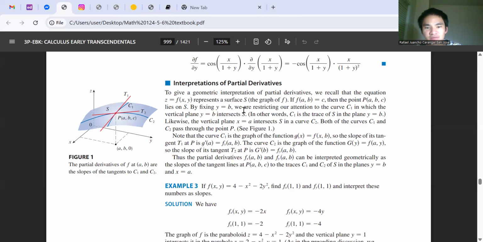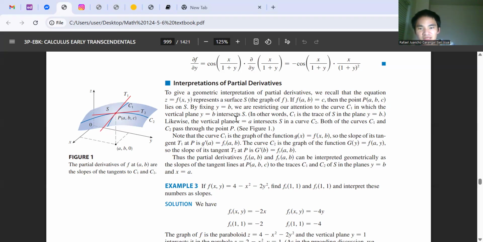If we fix y equals b, let's say y is a constant b, we are restricting our attention to the curve in which the vertical plane y equals b intersects S, right? In other words, that curve, if we restrict it with the vertical plane y equals b, is the trace of S. So we're actually intersecting a plane with a surface, and this is not new. Here's the idea. If we have y equals b, where b is some fixed number that we don't know,